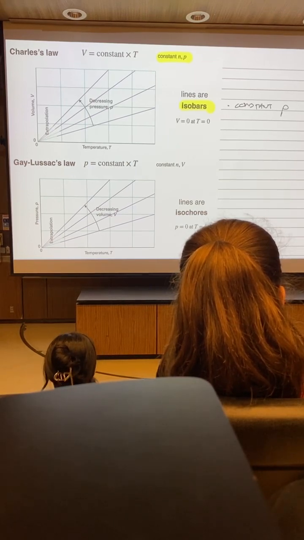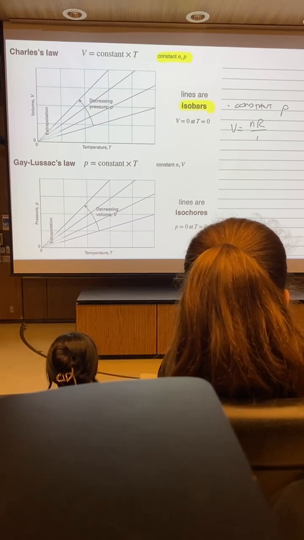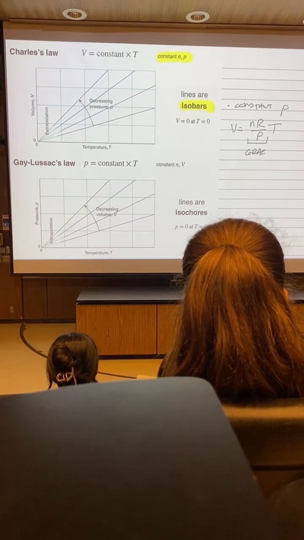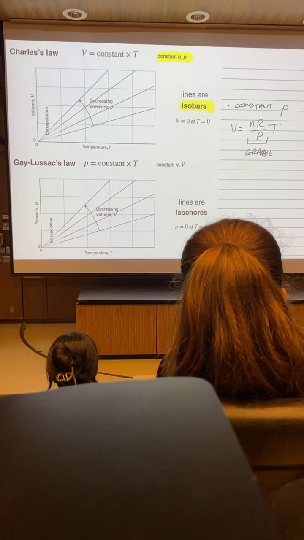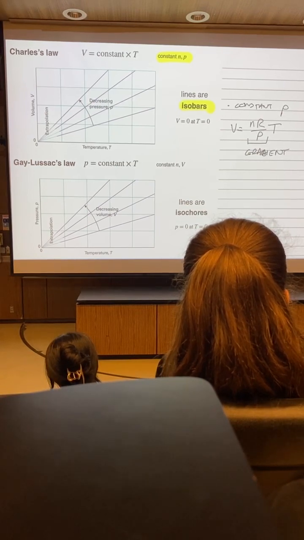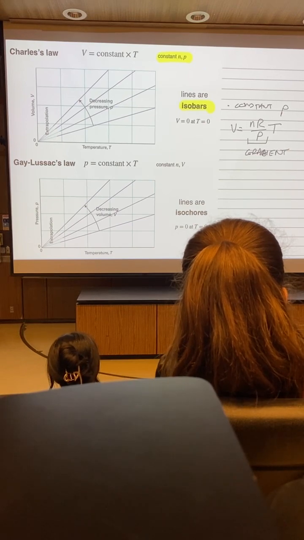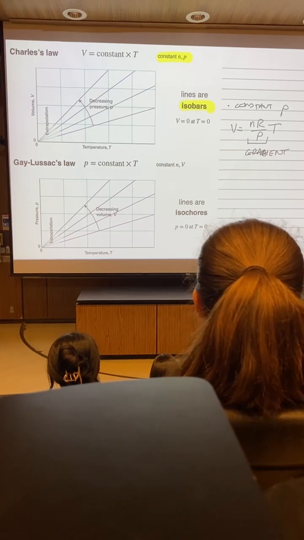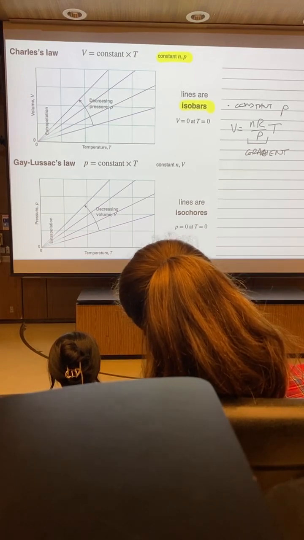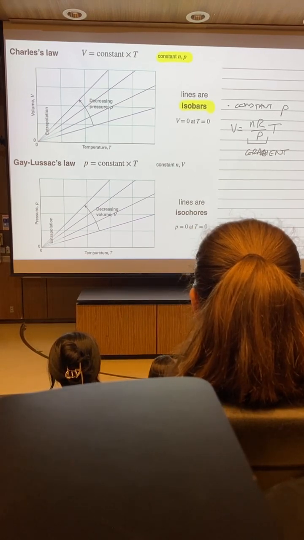So from the ideal gas law, we can see that the volume is equal to nR divided by the pressure, multiplied by the temperature. And once again, the gradient of this graph is now nR over P. So as the pressure gets smaller, the gradient gets steeper for these isobars. Again, another example of a limiting law, only really holds in the limit that you get